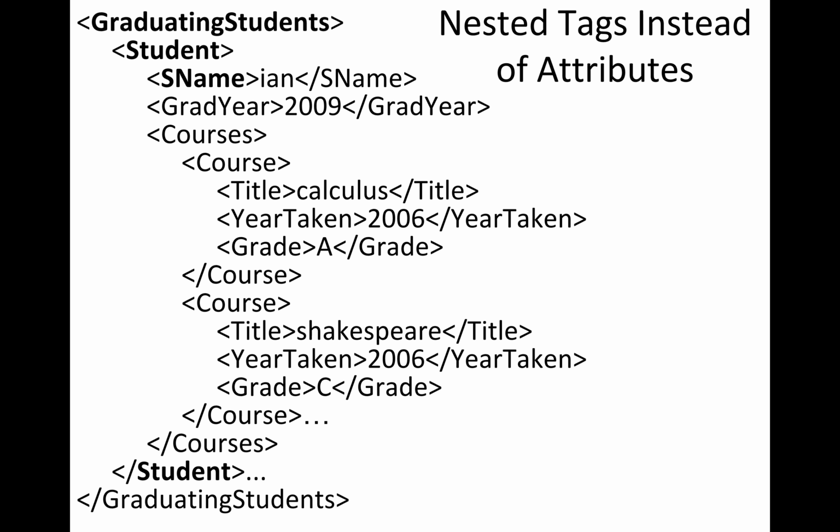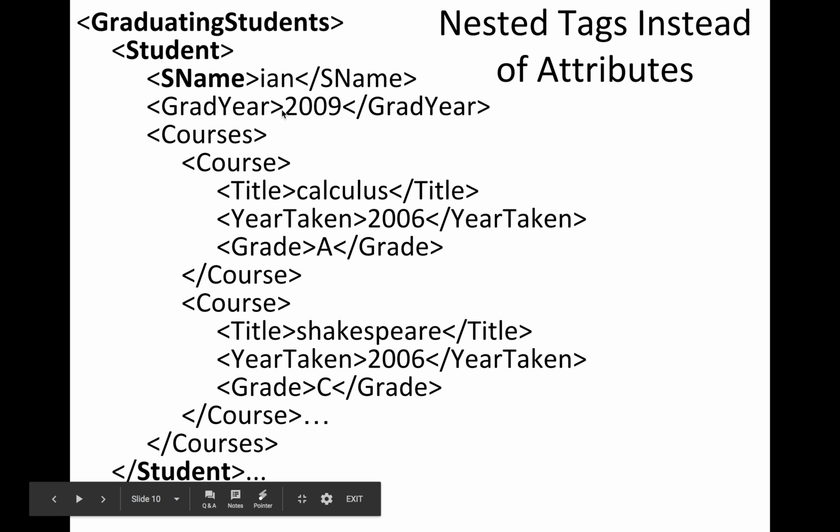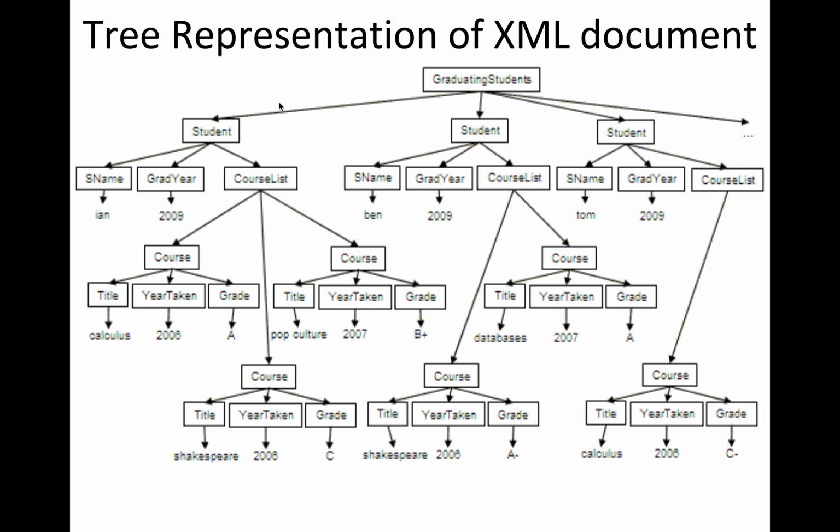Of how to normalize it, how do we remove redundancy, how do we remove inconsistency? So anyway, this person decided to include all the courses represented embedded inside of the student. In this particular case, this would be represented as follows, where we would have a root graduating students, and then you have the various siblings of students in the second layer, and then in there you would have a child course list that would have several siblings representing the courses inside of the course list for that particular student.